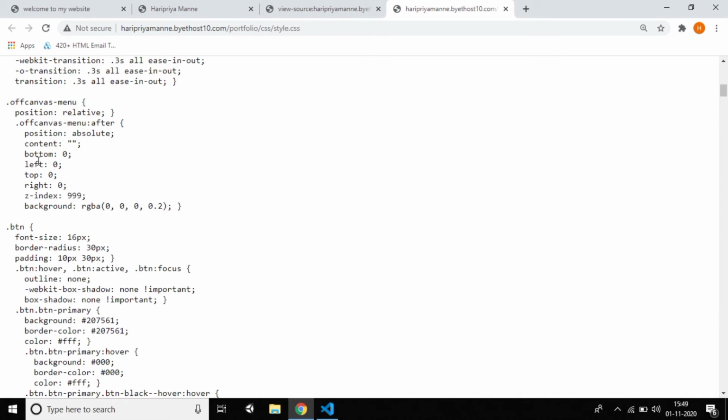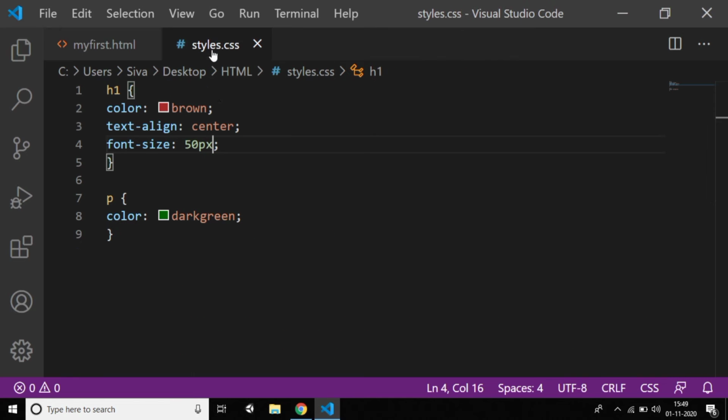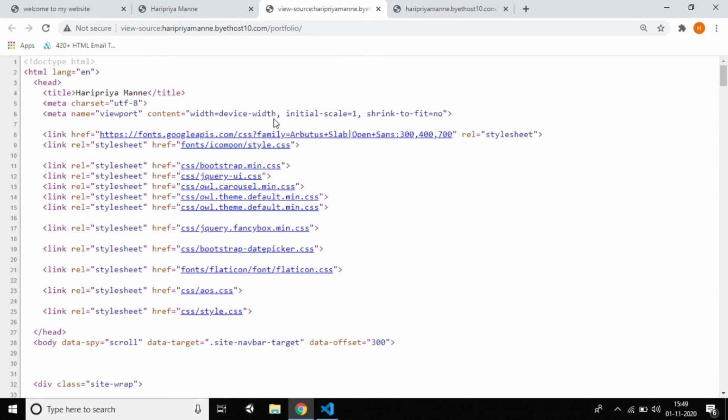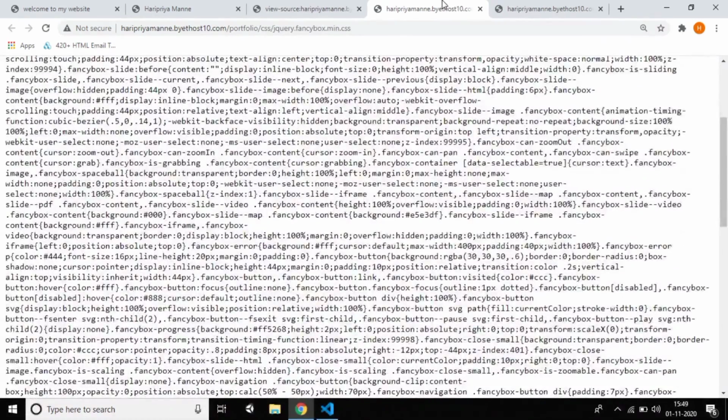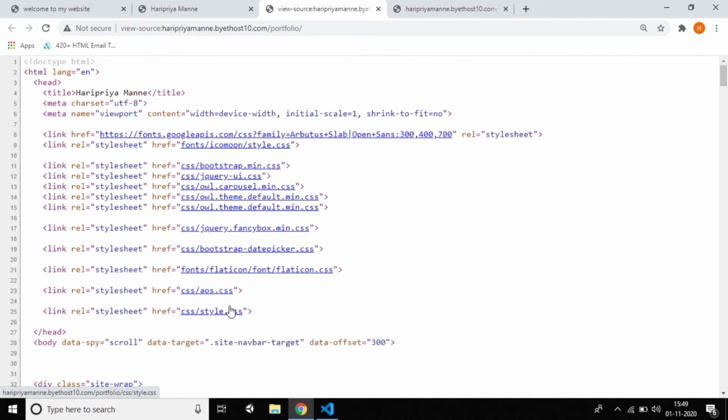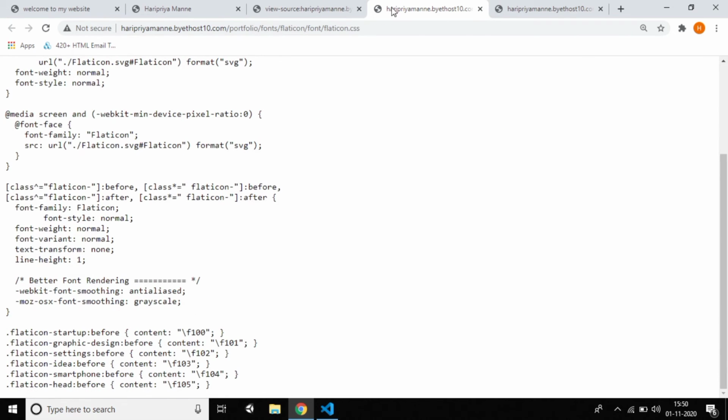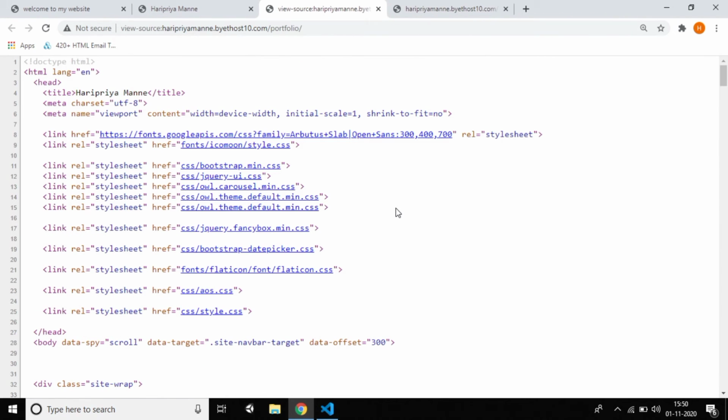Actually I used external CSS, like this styles.css, and I created many files. I also used many bootstraps, jQuery, and flaticon.css, meaning fonts and everything. Why I used everything will be explained in future, then you can understand very clearly and easily.